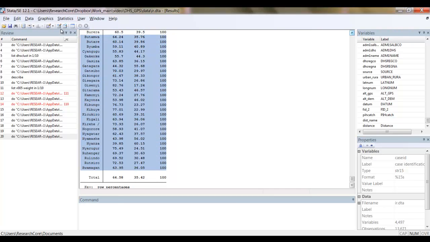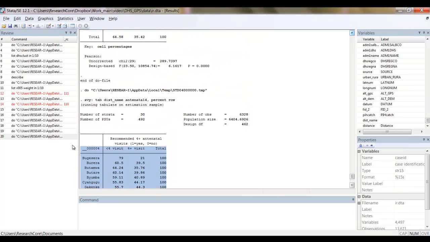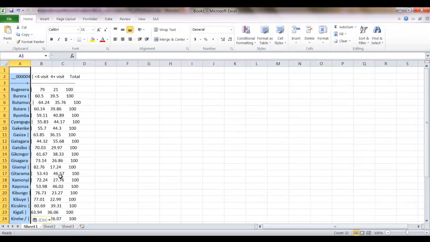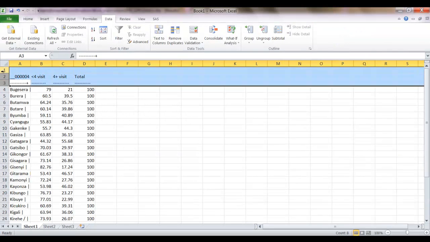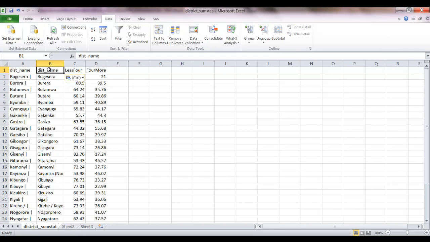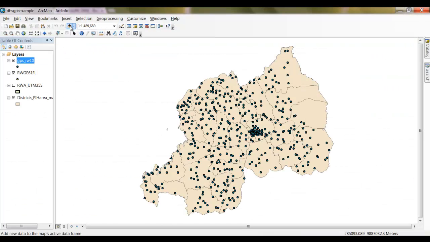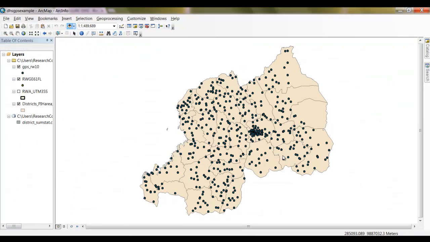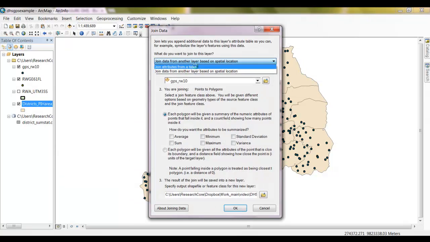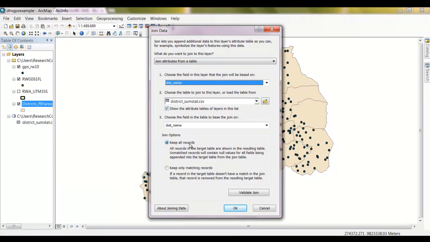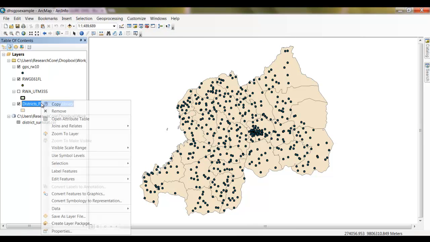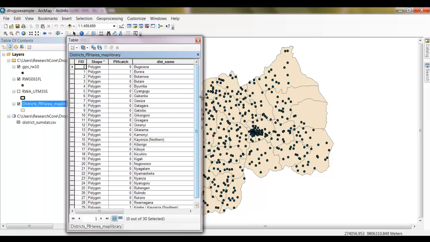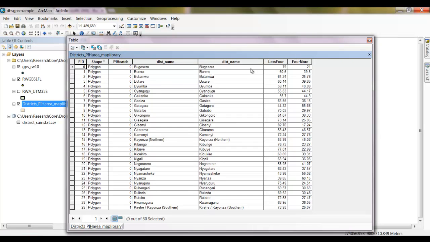Let's say we want to map these numbers. There are likely easier ways to export a CSV or text file. I just copy these numbers into Excel and use the text-to-columns function to create a CSV file, and use the same district names as the shapefile. I add the CSV file to ArcGIS and join it back to my shapefile in a table join based on that modified district name. And there we have it, DHS data summarized by non-DHS regions and ready to analyze or